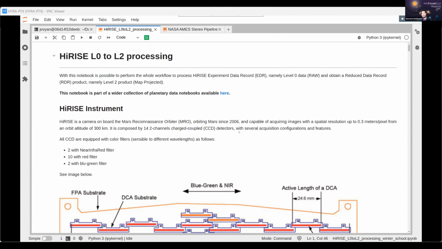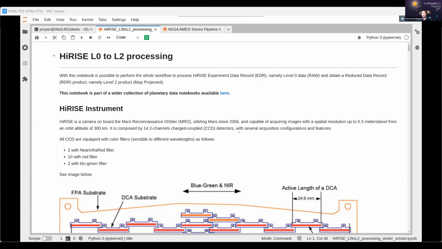And so now we will just use an example of HiRISE processing, a very basic example of HiRISE processing from raw data, the level 0, to a map projected version, the level 2 product. But first, we need to understand a bit better how HiRISE acquires the images. This is because it's necessary to understand first, even in a general way, how the instrument acquired the data, because then each instrument has a different processing step, and each different processing step can be customized to further improve eventually the data. For example, here, HiRISE,